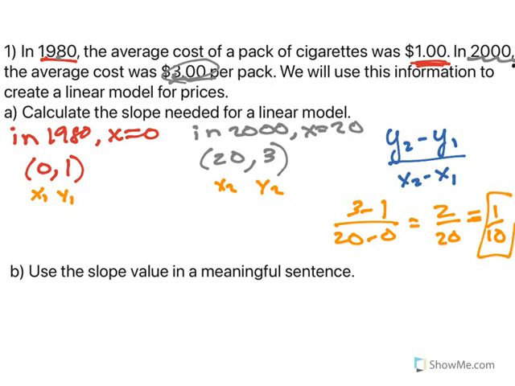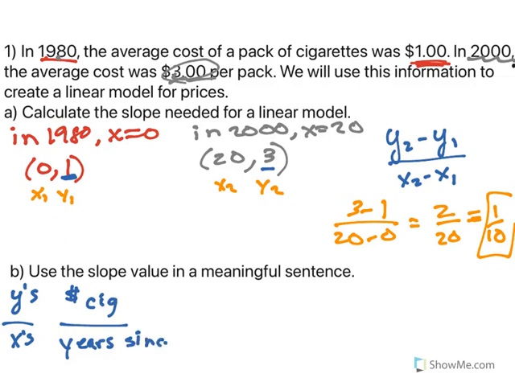Great. Well, what does that mean? So let's use the slope value in a meaningful sentence. Y'all, think about this. Slope is the change in the y's over the change in x's. The y values are money, the cost of a pack of cigarettes. So we're talking the money of cigarettes. And the x values are the years since 1980, because I started in 1980. My slope is 1 over 10. It's positive. That means we have an increase. So I use the 1, think this through,